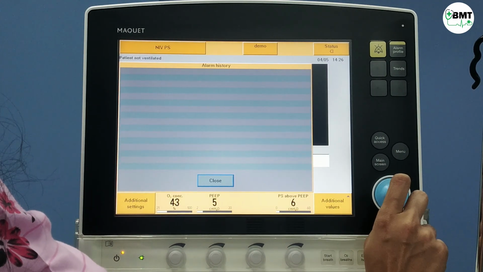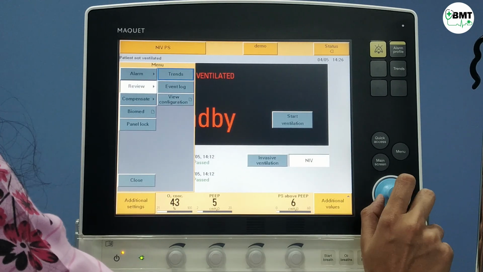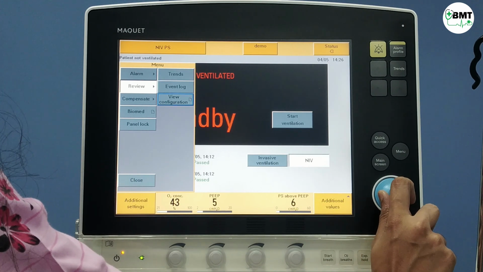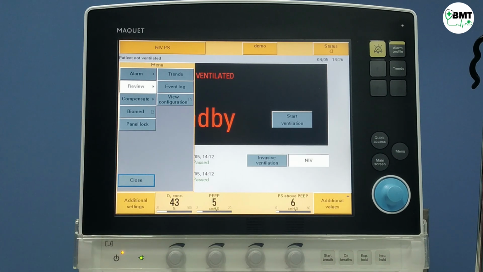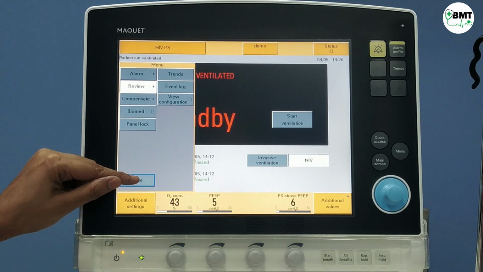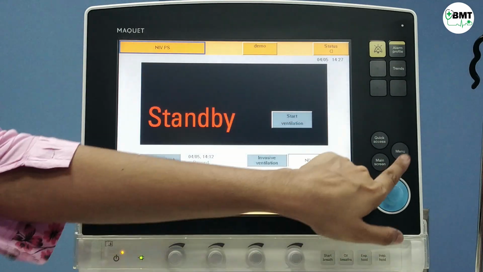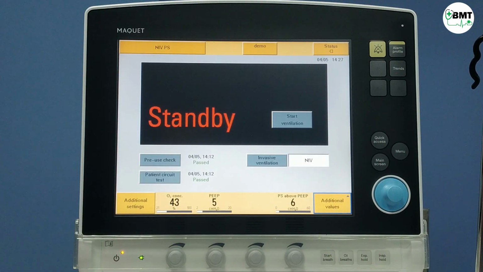If there is any history, it will show over here. You can see the trends over here as well and the event log. Like this you can check in detail whatever you want to see. Then if you are stuck in a screen and don't know where to go, just press the main screen. You will directly come to the main screen.